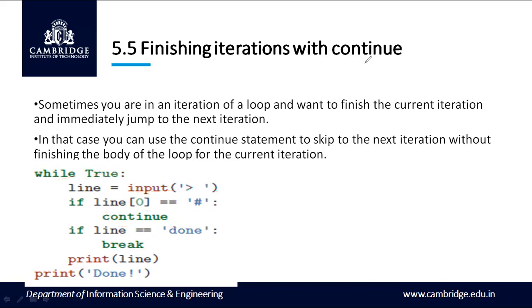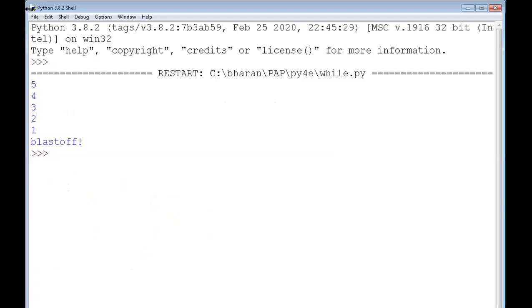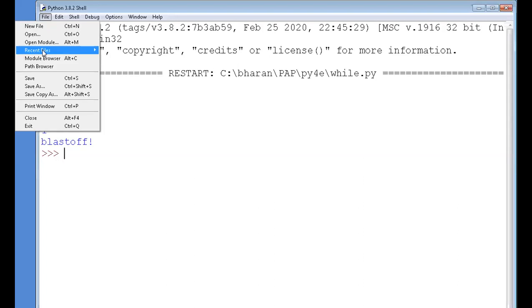So let us execute this program and check the demonstration of break and continue statements. So here is the Python shell.